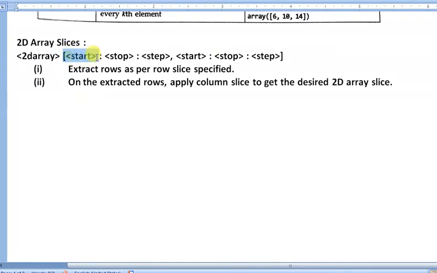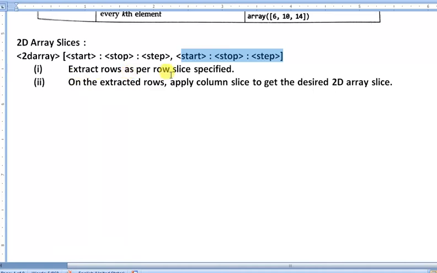The first works on the row index, this is the first dimension, and the second works on the column index. First you apply the slicing on rows, and then on columns, and the intersecting values are extracted from the two-dimension array.